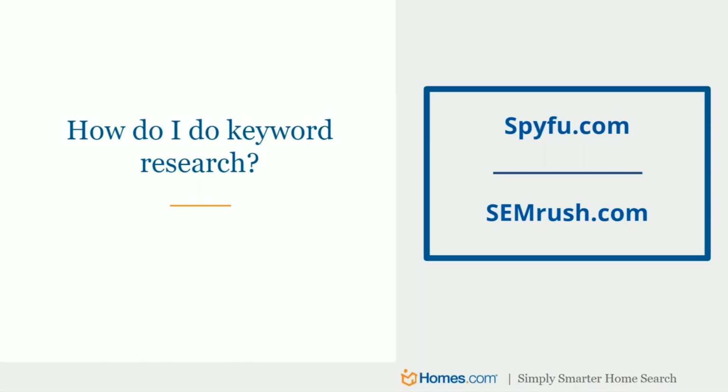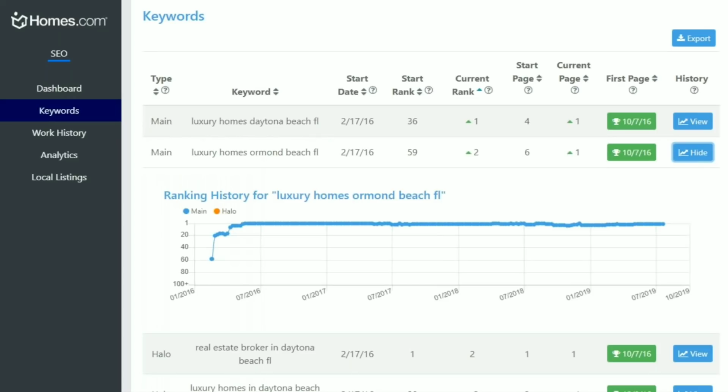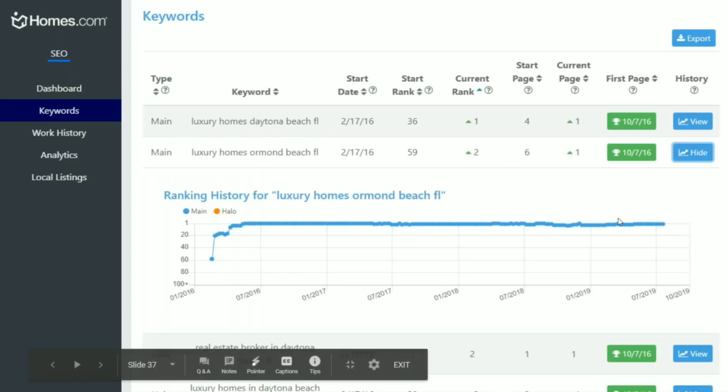So they might limit your search numbers for a while if you search too much per month. So I personally use a paid version. And the paid version does offer a lot more, but you can get the basics with the free version. One of the things here is that when you look at the keywords up here, this is an example of what it might look like on a SpyFu search.